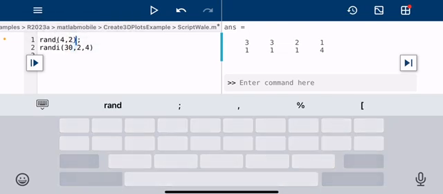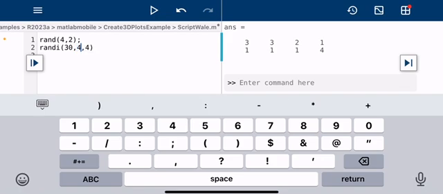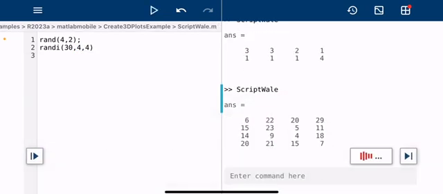Let's do it 4 by 4. So we have something looking like a square. Okay, so numbers